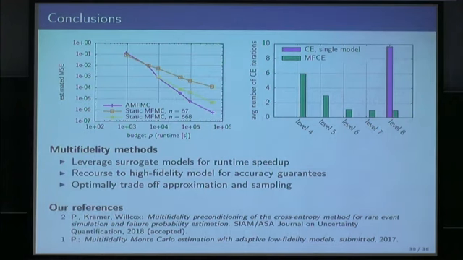Okay, and with that, I conclude by just saying, with multi-fidelity methods, we realize that all models are wrong, but some are useful, that famous quote. We want to leverage these surrogate models for speedup in situations where it is possible without introducing an error, and allow the recourse to the high-fidelity model to establish accuracy guarantees, which can mean different things. It can mean unbiasedness, or mostly meant unbiasedness in what I presented here, but there are other notions that we might want to establish with occasional recourse to the high-fidelity model.